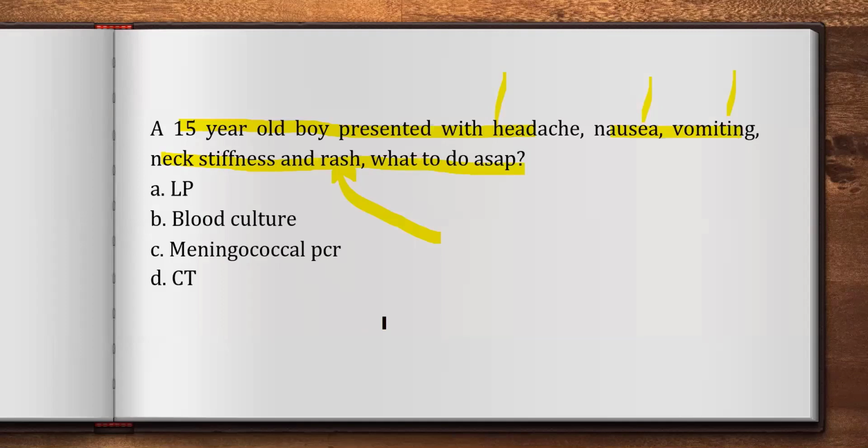Whatever it is, if it's a rash or not, even if it's a meningococcal meningitis, we will try to take the blood culture if possible. Sometimes, if you are in a GP practice and you might not have the facility to take a culture, you can give the first dose of antibiotic and send the child to the hospital. The hospital can still take a blood culture and go with the antibiotic. But if you have the facility to take the culture, you will obviously take the culture first. It will not delay antibiotic, but it doesn't mean that you don't have 5 minutes to take the culture. You will always try to take the culture if it's possible.